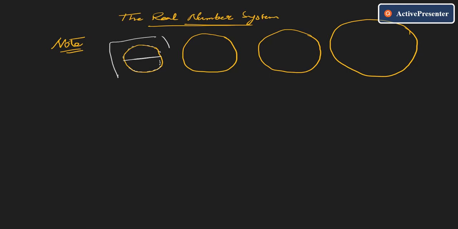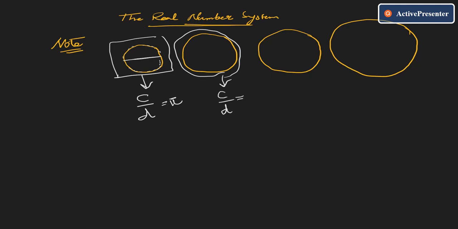For this specific circle, it is found that the circumference over the diameter is pi. Also, for this circle, whenever you expand it, the circumference over the diameter is pi also. If you expand the circumference, the diameter will expand as well, so it doesn't change the relationship that the circumference over the diameter is pi.